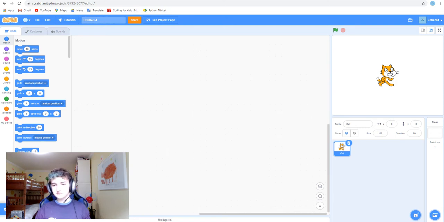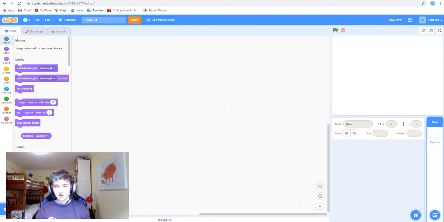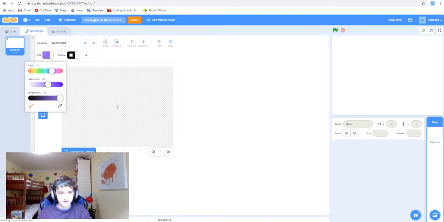So anyway, we have to delete this cat sprite, delete him. And first, this one's gonna be called Five Nights at Mr. Aaron's Zero. Hold on. Zero. First things first, you go to backdrop, then let's set the saturation to 0 and change grayness to